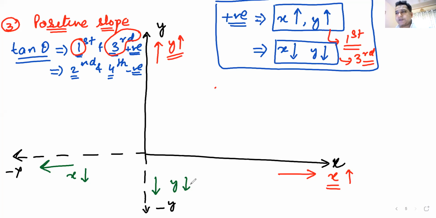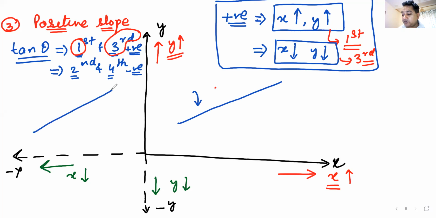Now let us try to draw a graph which is a positive slope graph. Anyone? How will this look like? What color should I use? I use blue, black. Blue is better. How does the graph look? Yes, Niharika, if you have any doubt, please ask. This straight line is a positive slope graph. Now, how can you understand this? Don't look at the quadrant. I could have drawn it here also.